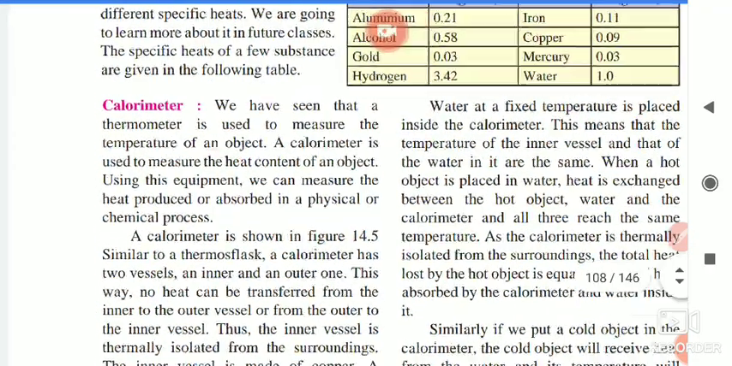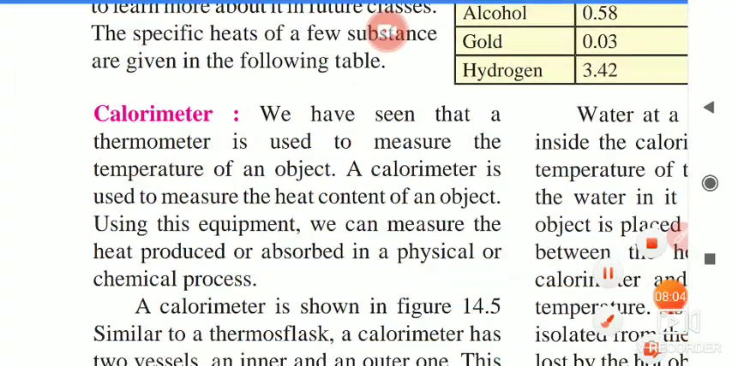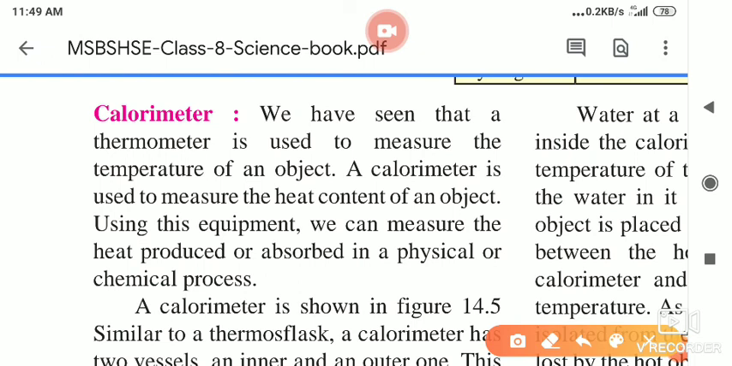We have seen that a thermometer is used to measure the temperature of an object. And a calorimeter is used to measure the heat content of an object. This is the difference. The thermometer is used to measure the temperature, and the calorimeter is used to measure the heat content of the object. Now, using this equipment that I just explained,